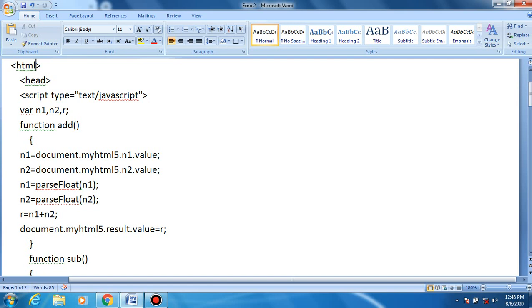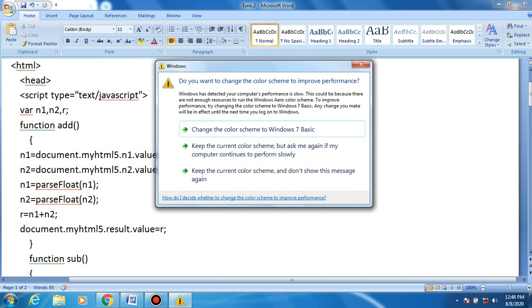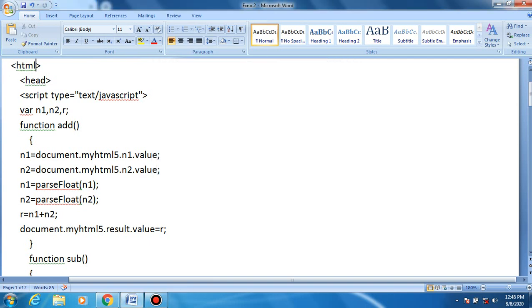The code is not exact, but it is similar to Java. Therefore this program is a web page with JavaScript. We are using JavaScript in the HTML program.